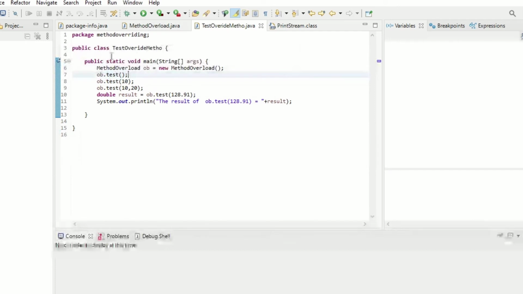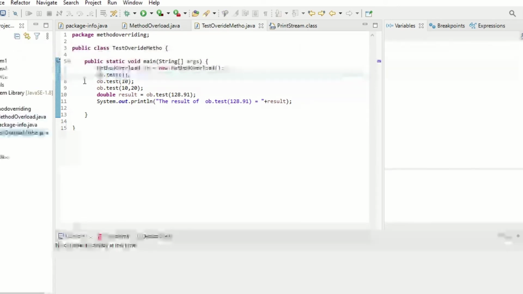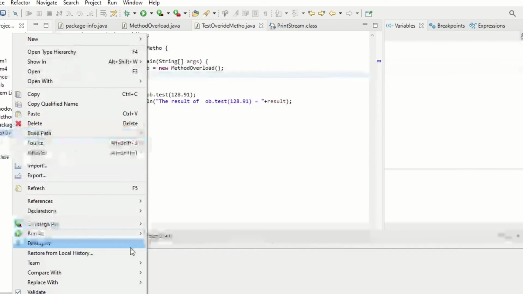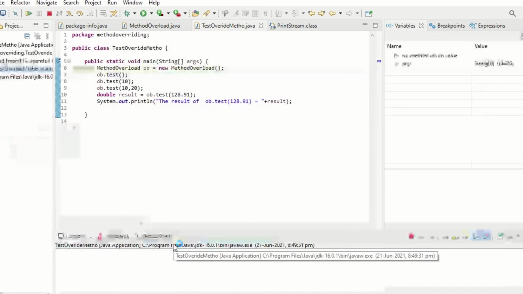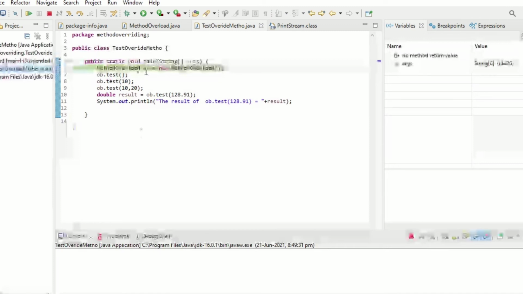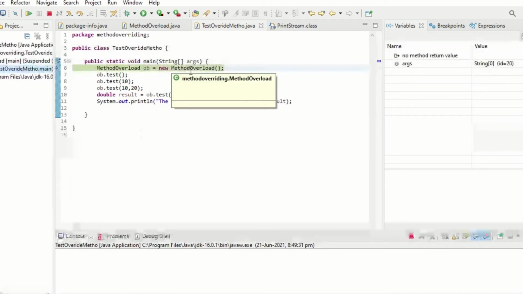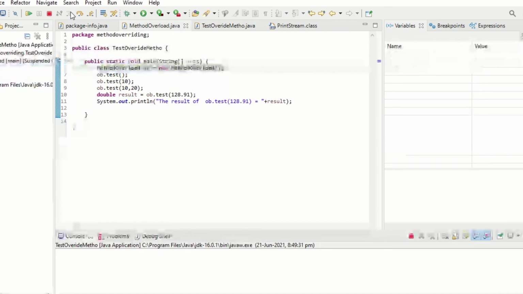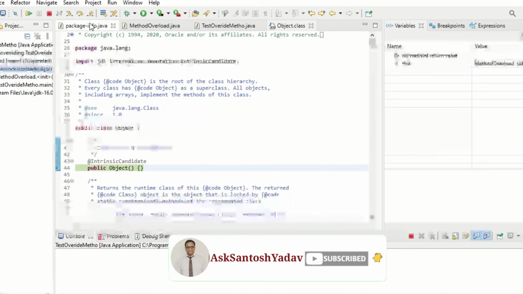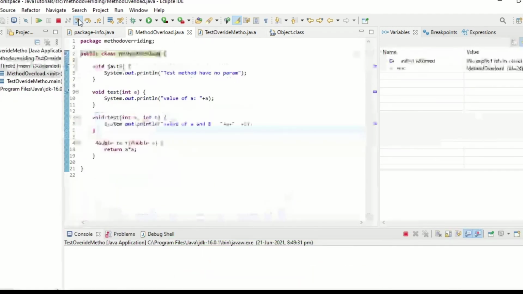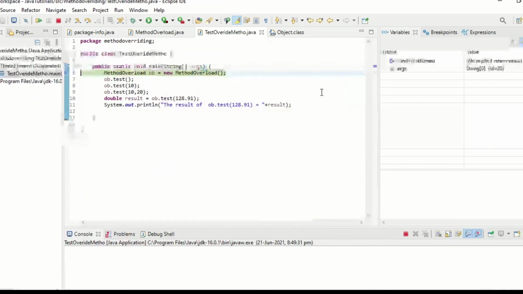So let's start by running this program. I just kept one breakpoint at main, because we always know that a Java program will start from the main function. So here I am debugging this program. This line will just create an object of that class, so it will go inside that class. It came to this class and created a copy of that class, that is, an object of that class. Now the object is initialized and ready.